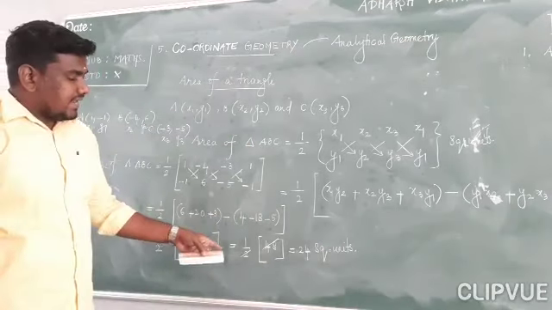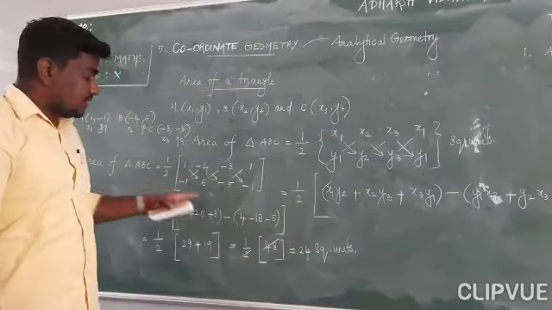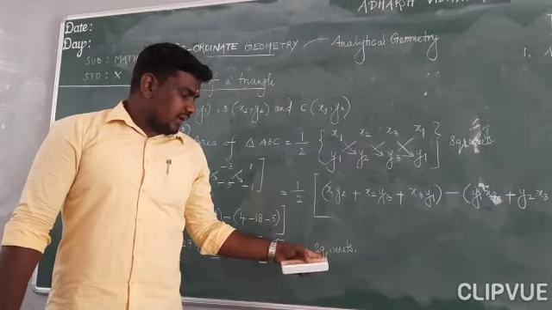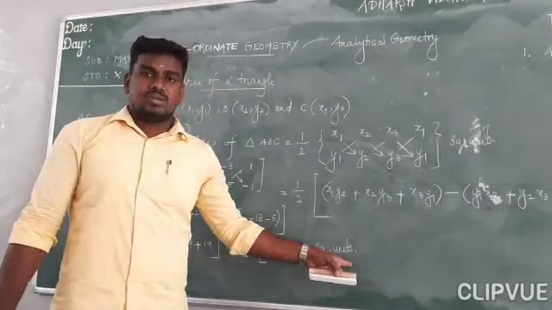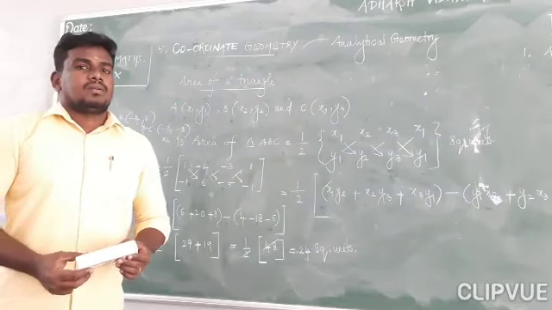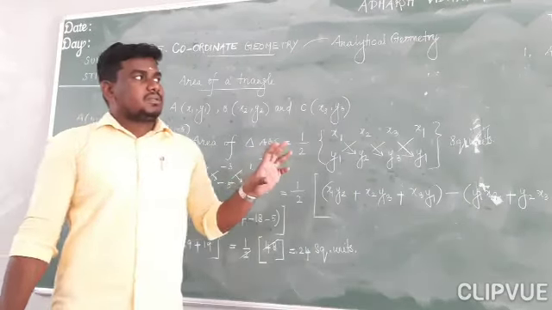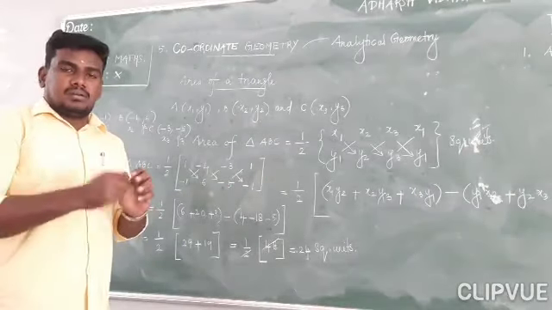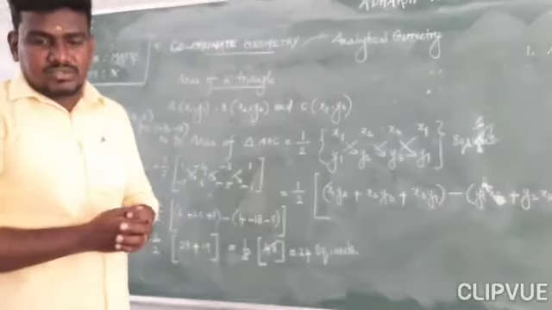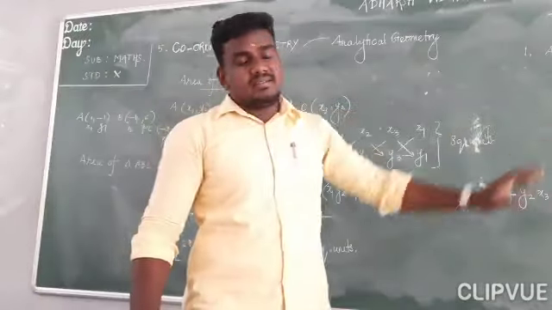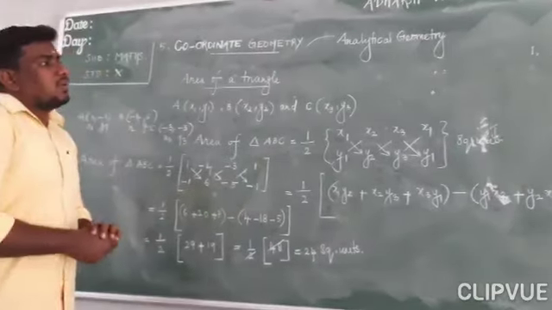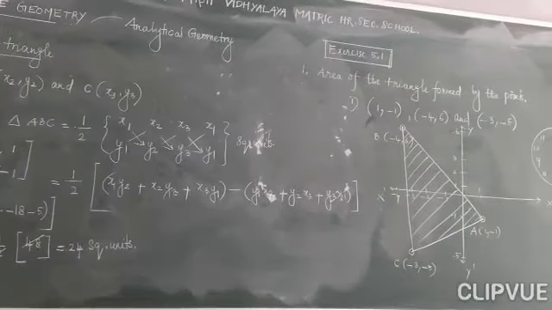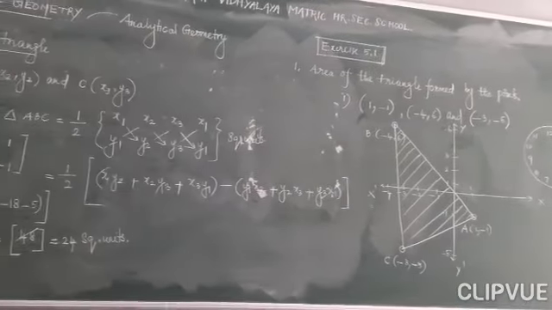Okay, so hence the area of the triangle ABC is equal to 24 square units. Okay, don't forget it. You have to write the unit, square units. Students, I hope you understand the concept of finding the area of the triangle. So example problems you have to do, and in exercise question number 1, the second subdivision is there. You have to try to do that problem. In the next video we will solve problems related to collinearity and the area of a quadrilateral. Okay, thank you.